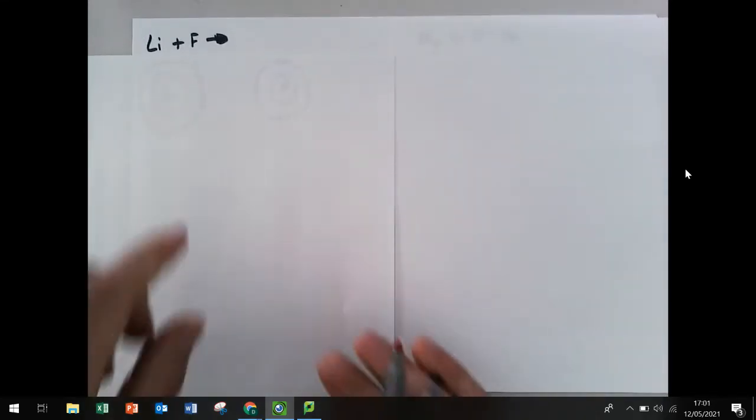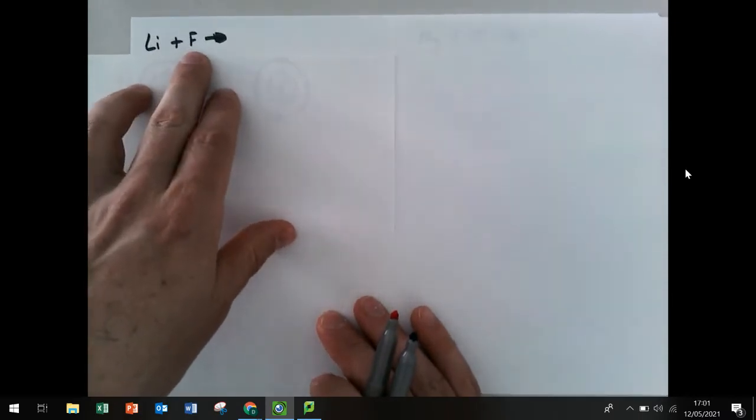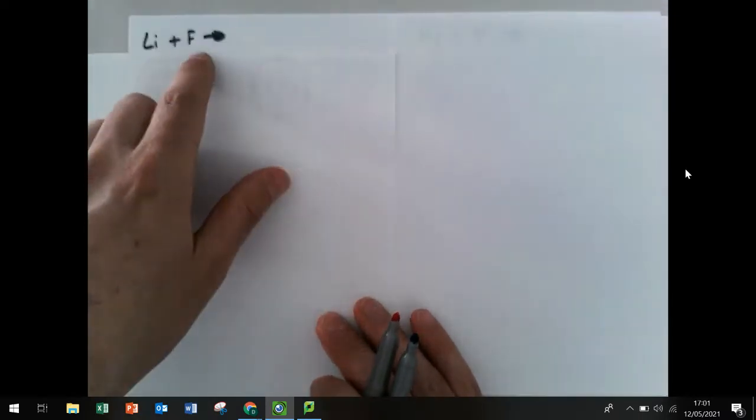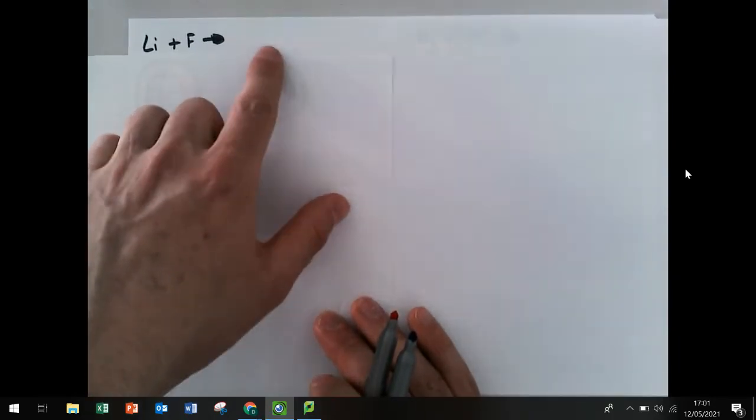Video, we are going to look at ionic bonding. So the first example that we're going to look at is what happens when lithium bonds with fluorine. We would also obviously need to know what the formula is of the product that is formed. So in order to do that, we're going to use our periodic table and we're going to use the electron